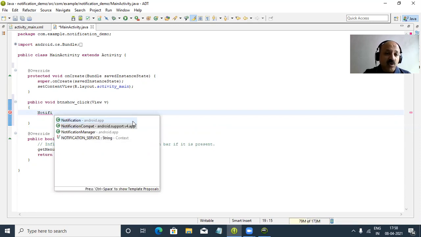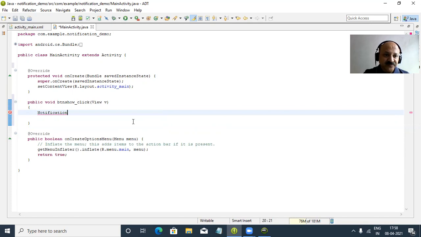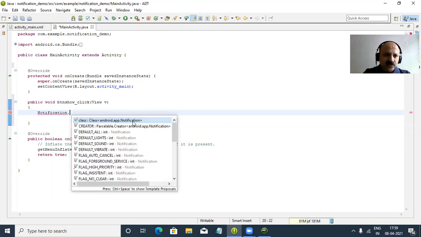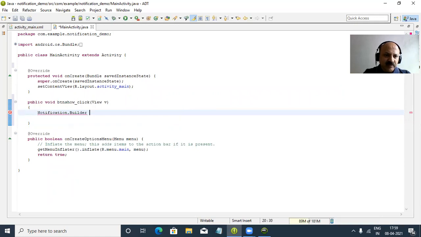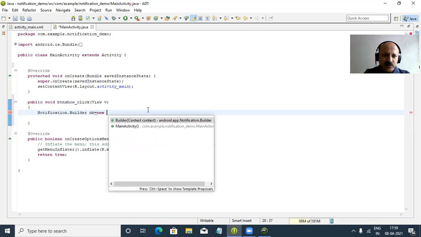And the first step, here there are two techniques, two ways: Notification class or NotificationCompat class. You have to create the object of either. So let us first use Notification, and we have to create that object. You can look here, Notification.Builder and NotificationCompat.Builder, both. So here I give NB, the first letter N for notification and B for builder, and now we provide the memory allocation.